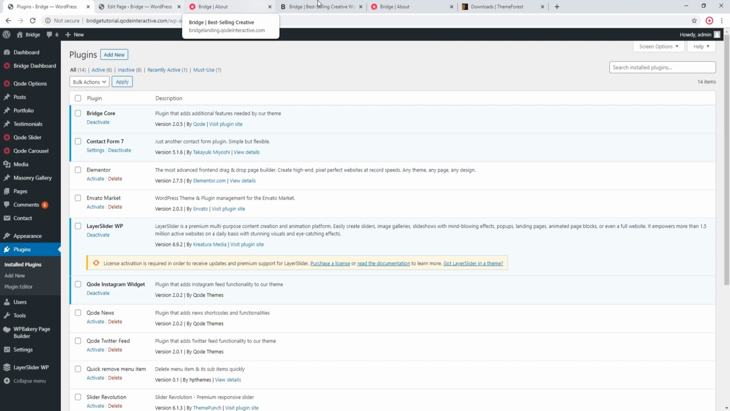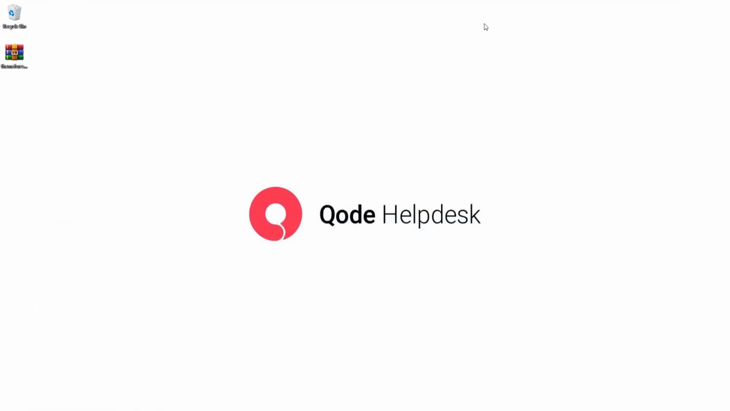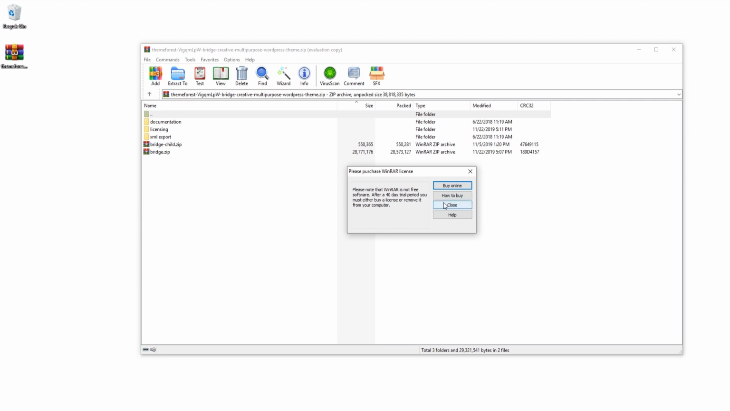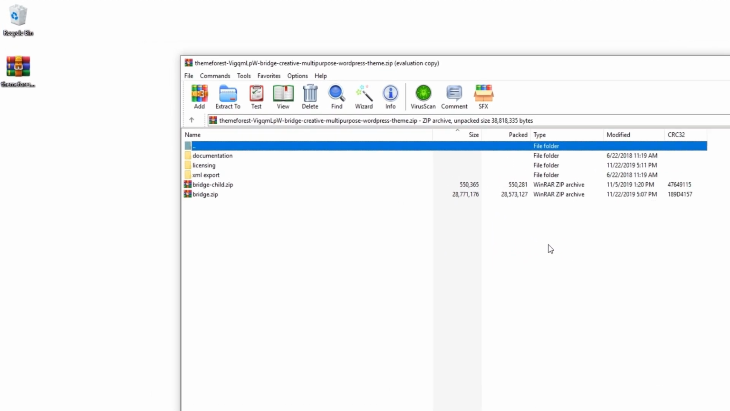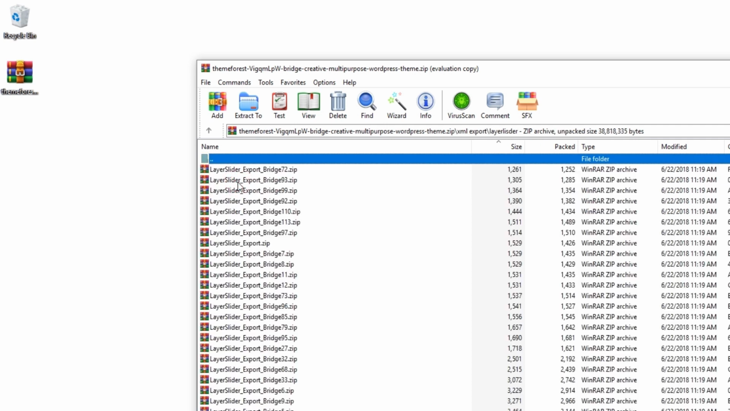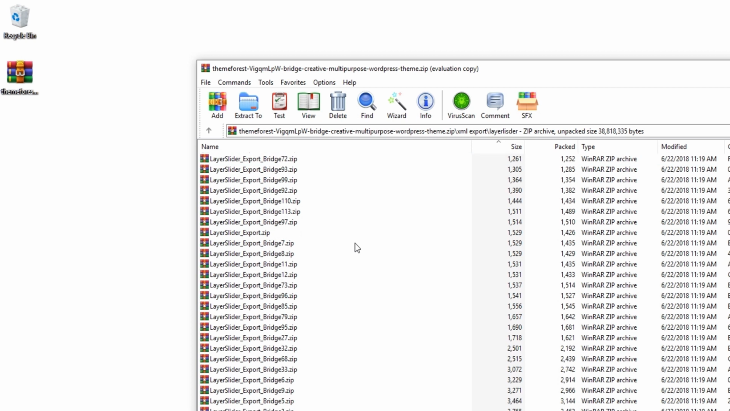Next, I'm going to open up the All Files and Documentation file that I downloaded from ThemeForest earlier in the tutorial. I'm going to click on the XML Export folder and then on Layer Slider. And inside, we will see a list of the slider import files. Now, all of these slider files end with a number, and this number corresponds to the demo site's